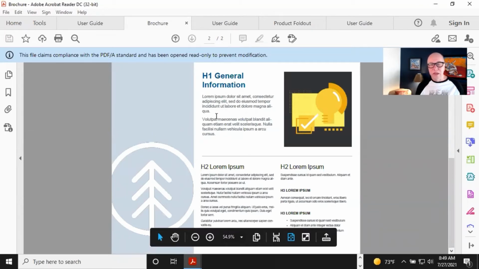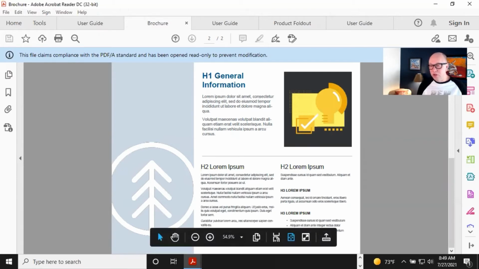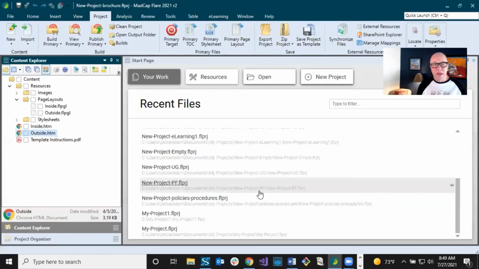This is the inside. The other one was the outside of the brochure. And so when you fold it, it all just kind of comes together. Okay. Now, one other thing I do want to mention with the brochure project template, and it's true in general of print